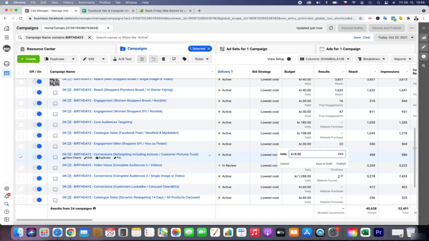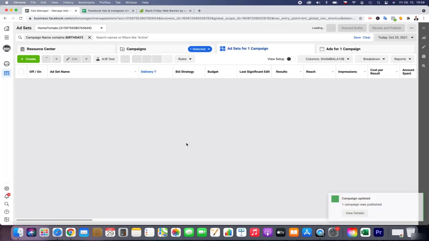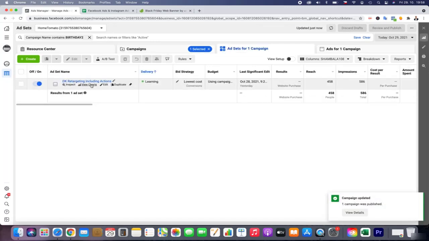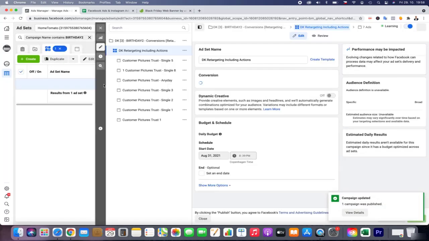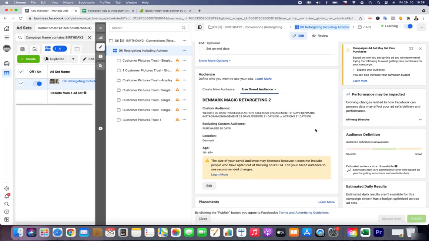Even if the link click is bad, it's improving because this is mainly retargeting, like for website engagement and actions happening on the website, like add to cart or view content.